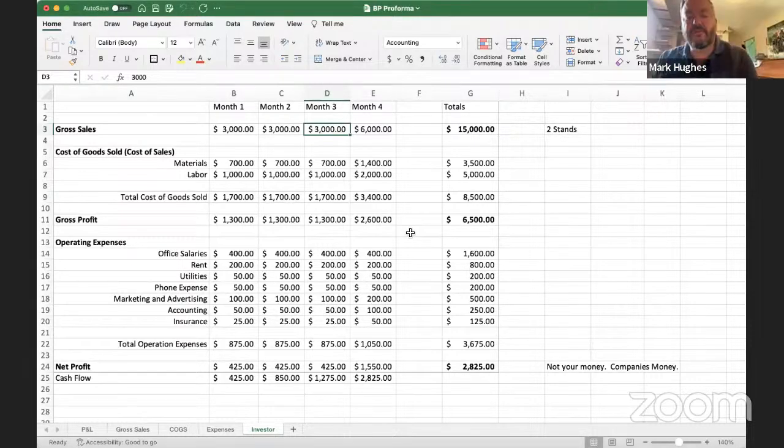To an investor, if you can show this form,